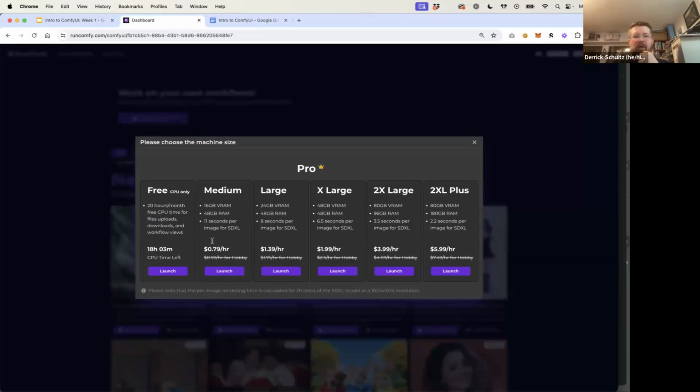And you'll see the costs here are $1 an hour for medium, $1.75 for large. And I would say, 60-40, 80-20, we're going to use a medium. So in most cases, you're going to spend $1 an hour to play with this tool. And it's charged by the minute. So even if you say you want to use it for an hour and you only use it for 30 minutes, when you turn off your machine, you will only be charged for that amount of time. I think it's to the minute. It might be to like 5 or 10 minutes. But I'm pretty sure that's true.